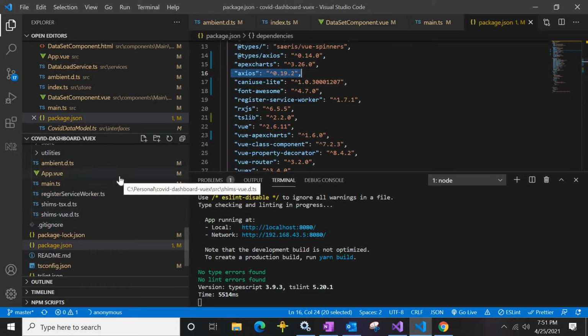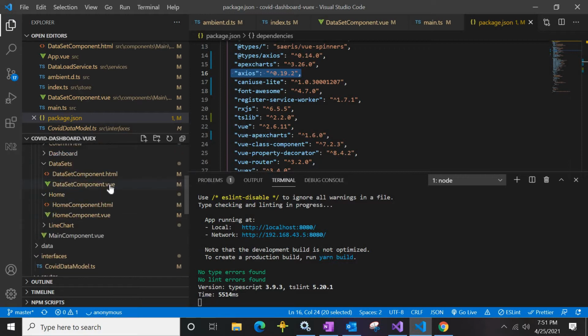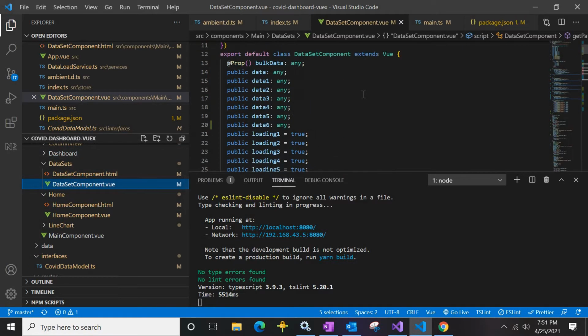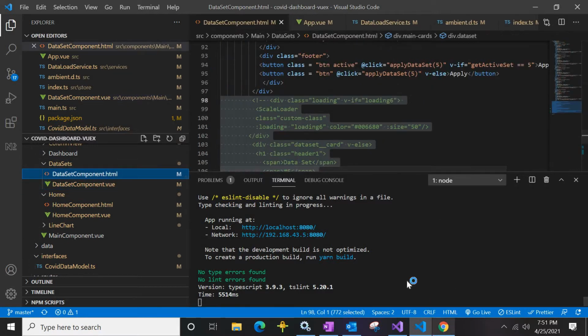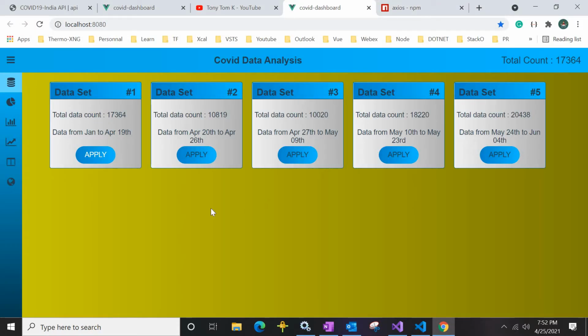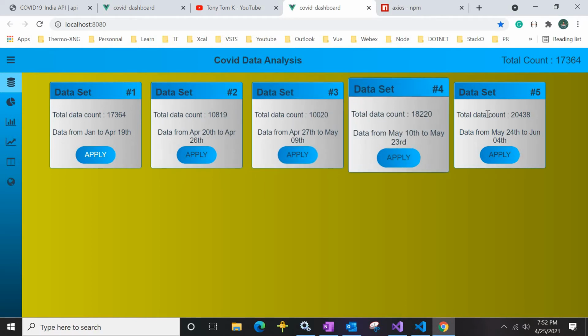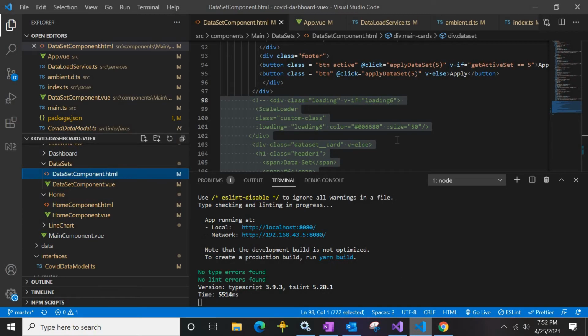If you go to the component, this is the dataset component which we are seeing here. We already have 5 datasets, so we need to include one more.